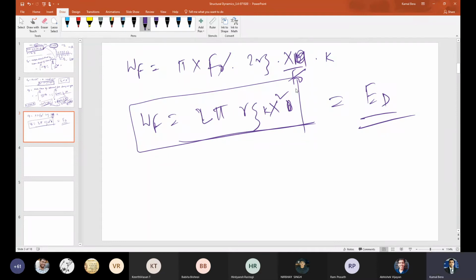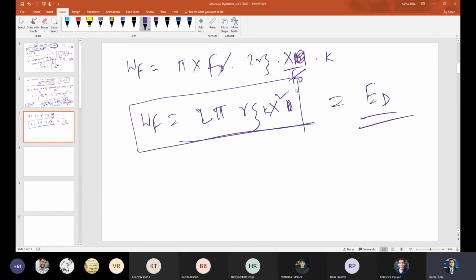Why do we want to find the damping ratio in this manner? A real structure is very complicated. In a real structure, you do not know in what way the energy is dissipating. There are many mechanisms happening, and through them energy is dissipated. We consider viscous damping, where the force is proportional to velocity, C x dot, to simplify our mathematical model so that the analysis becomes simpler. Viscous damping is the simplest and most convenient way of writing the damping force.